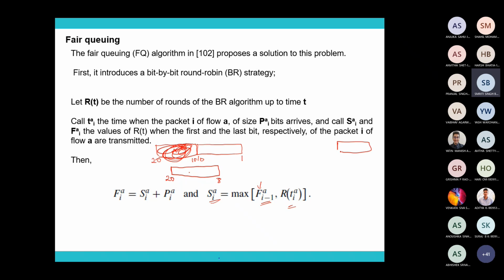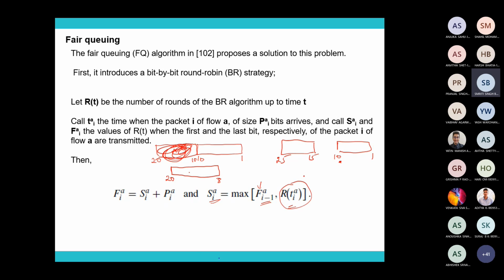Now let's say that the first packet is 1 and 10. So now this first packet has been processed or whatever it may be. The second packet has not yet arrived. Now let's say that it arrives at 15 and it may require 25. Now when the second packet will be processed, it is not at the finish time of this one. It is the max of this.